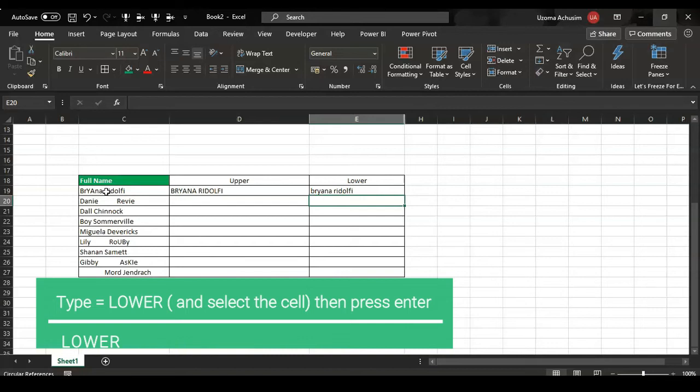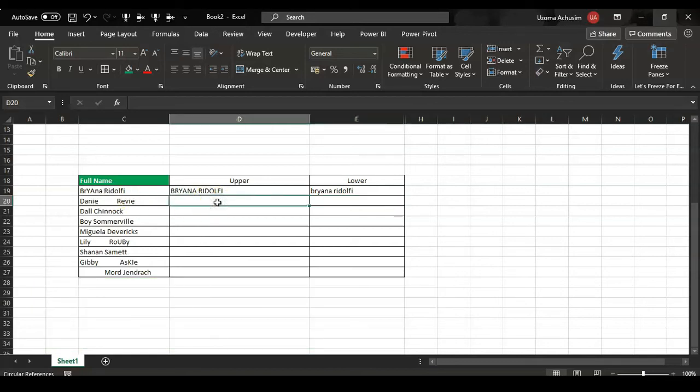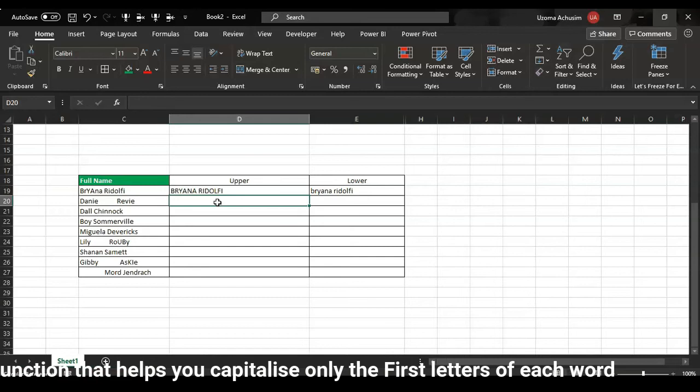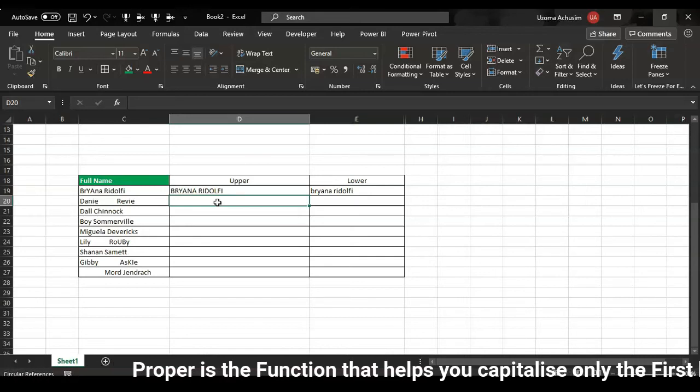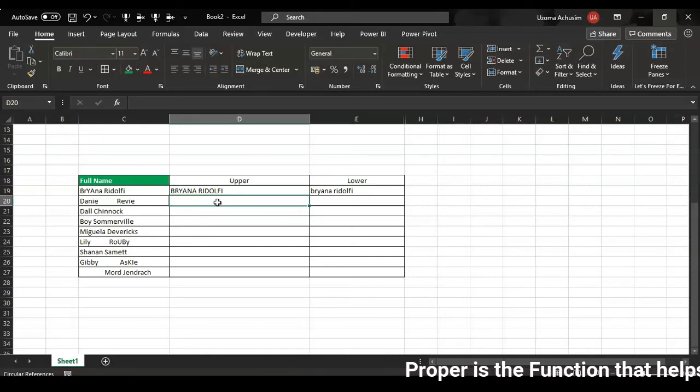Okay, so we're going to be talking about proper in a different video. So proper is the function that helps you capitalize only the first letters of each word. Okay, so let's do that for the remaining